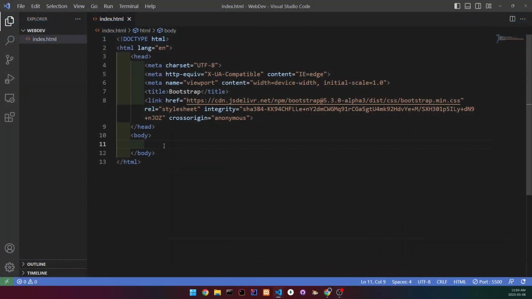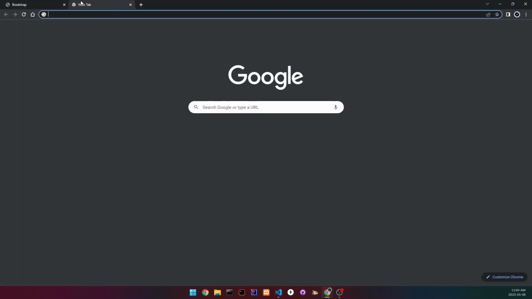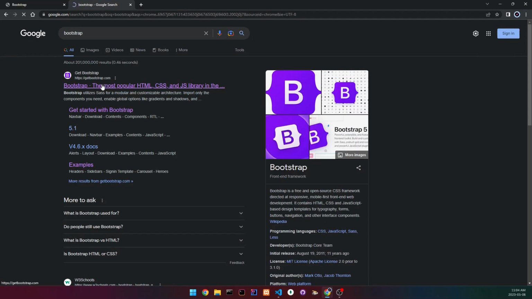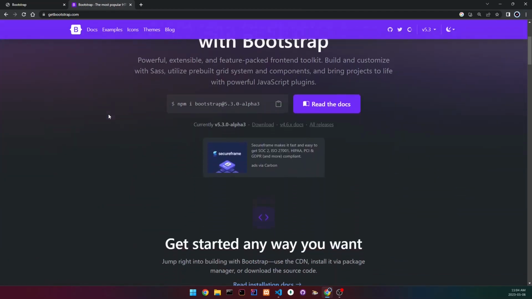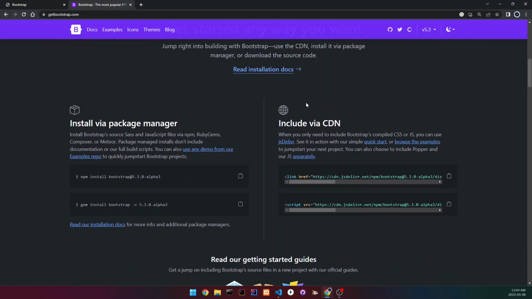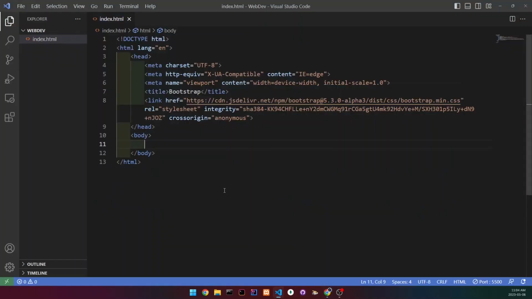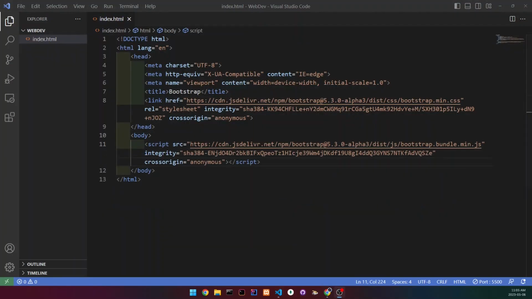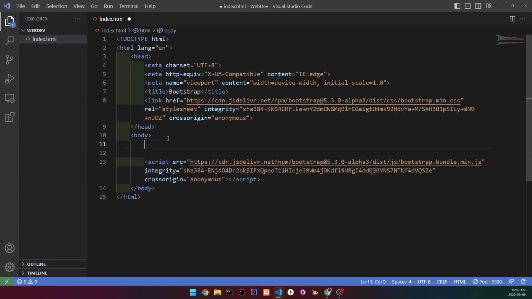And before we get started, there's one more thing that we need to do, which is open your Chrome browser, search up Bootstrap. We're going to click on the first link, and then we scroll down until we find the include via CDN. We already have the first link, which is going to be the CSS one, but we don't have the second one, which is going to be the JavaScript. So let's copy it, go back to our VS Code, and paste it inside of our body. And now that we've added the link, we can go on top of it, and then we can start creating